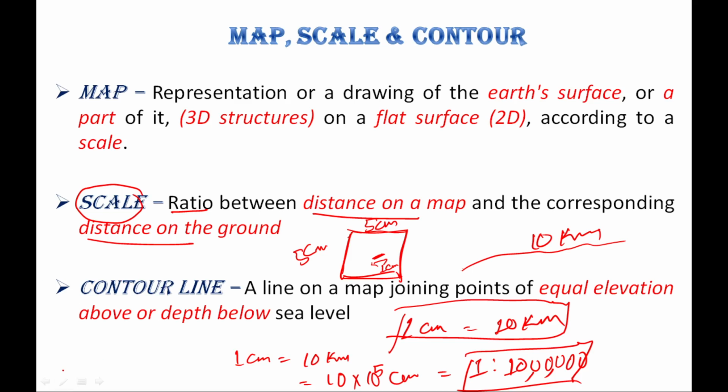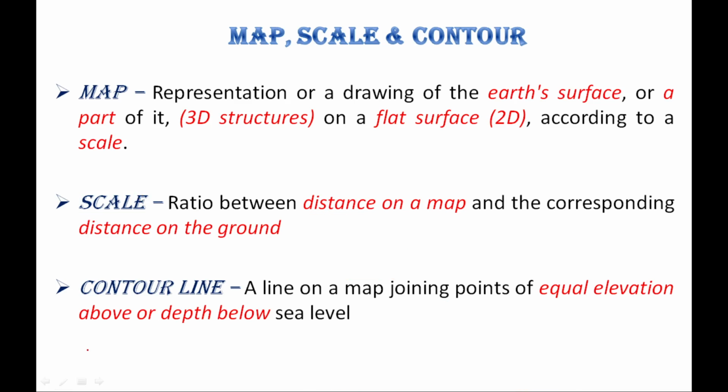Before going to contour line, there is another important thing present on a map. A map is incomplete without a scale and another one, direction. You might have noticed while doing map problems in your graduation, or even in entrance exams, that on a map there is a symbol which marks north, which marks direction. So without this direction, without scale,